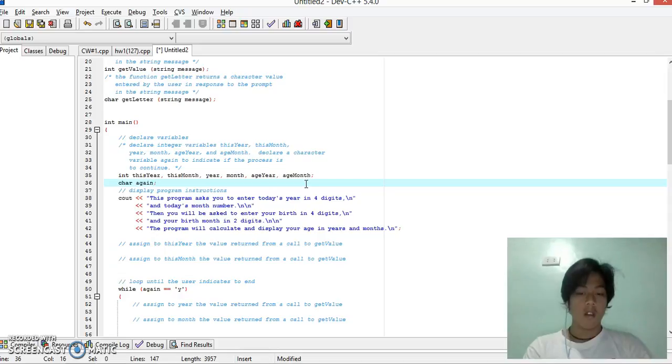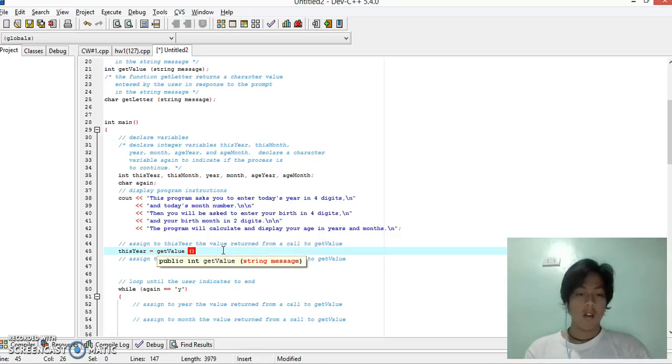Okay, so assign to thisYear the value: thisYear is equal to getValue, and then the prompt, enter your birth year.